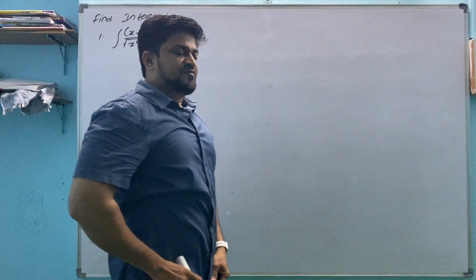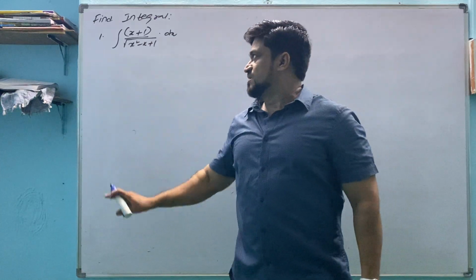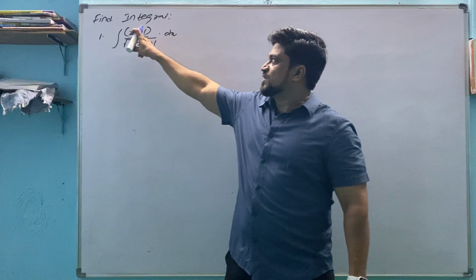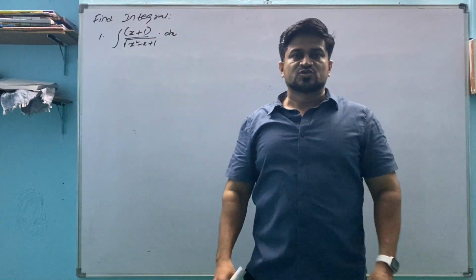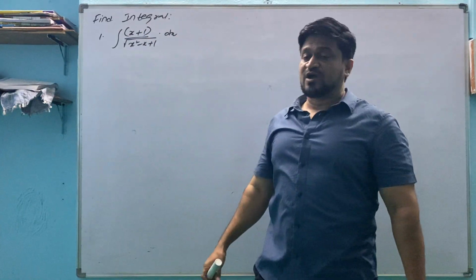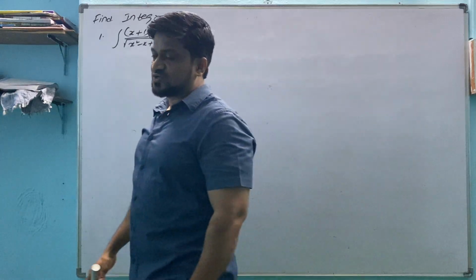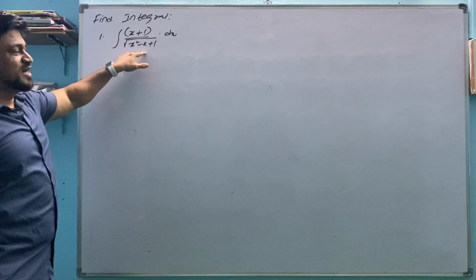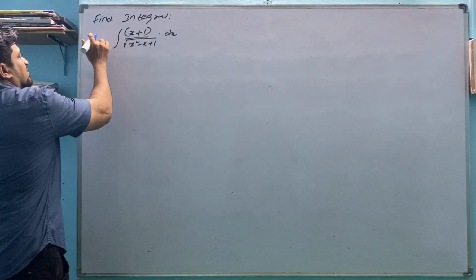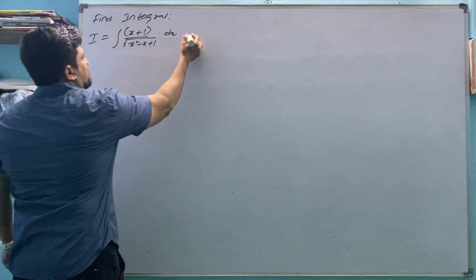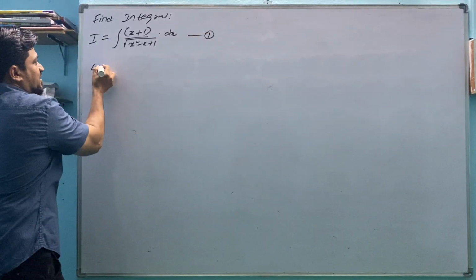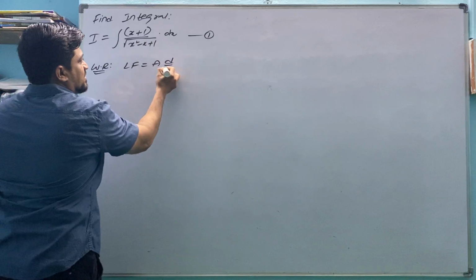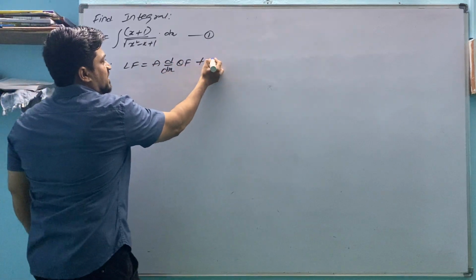See, if we want to do this one, can we do the substitution method? If we take t square equal to the inner root value 2x minus 1, we don't find 2x minus 1 in the numerator. So we can't take t for this problem. So what we have to do, we have to think which type this question belongs to. Yes, by seeing this linear function and root over a quadratic function. This is our question given to us, equation 1. So what is the working rule when we find such a type of question? Linear function equals a into d by dx of quadratic function plus b.